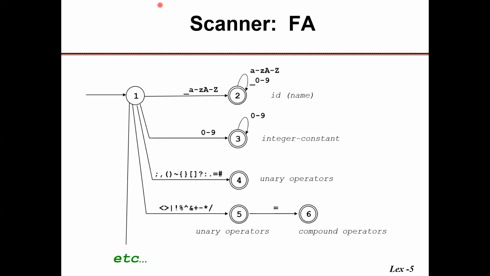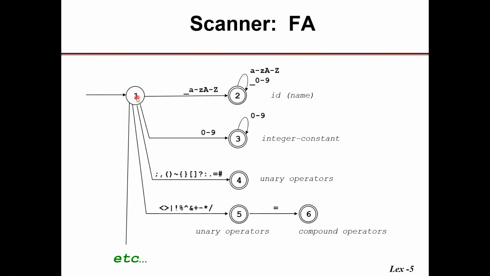Okay, so now let's take a look at our language here using a finite automata. Okay, so we're going to have a start event. We have some input coming in. We transition to state one. So in state one, what we're going to do is read that first symbol, and see if we can recognize and classify it. Well, if the symbol was an underscore,